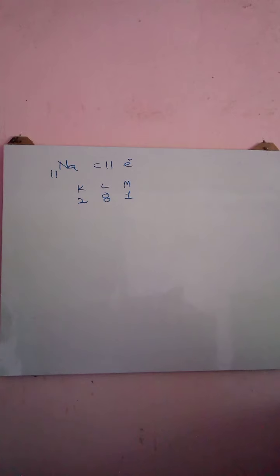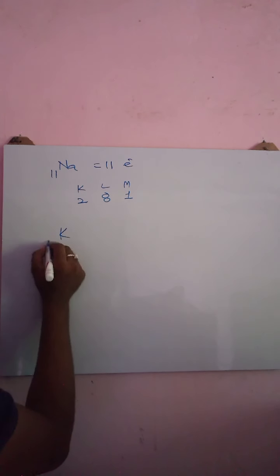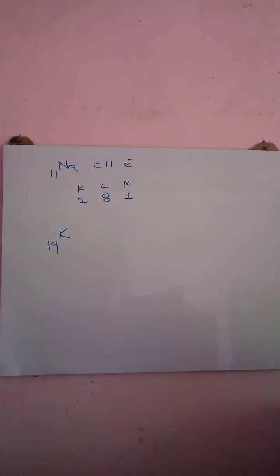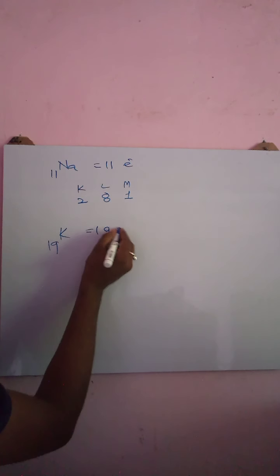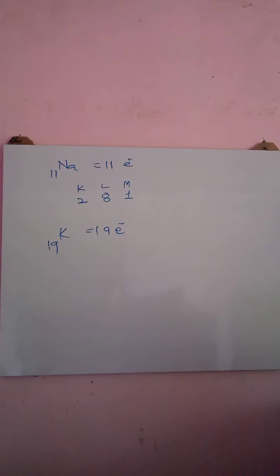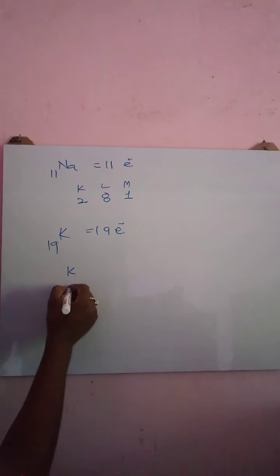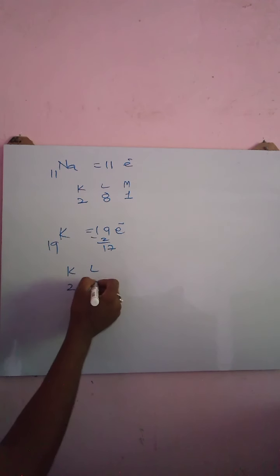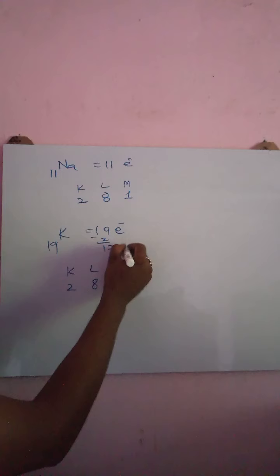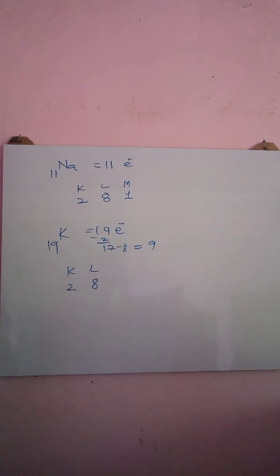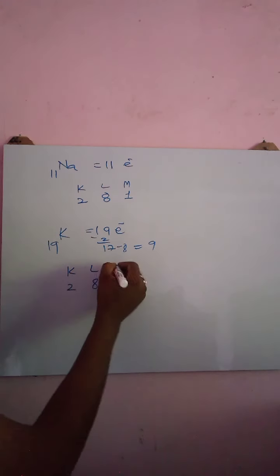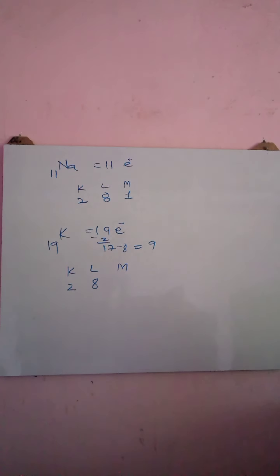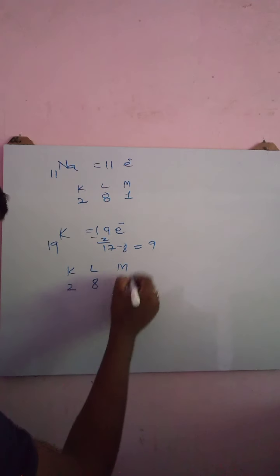Clear? Now come directly to potassium, atomic number 19. 19 electrons are present in total in the potassium atom. Clear? See, K shell capacity is 2 electrons. How much remaining? 17 electrons, 19 minus 2. L shell capacity is 8. 17 minus 8, how many electrons? 9 electrons are remaining. After that comes the M shell; the capacity of the M shell is 18 electrons. So easily we can fill 9 electrons here, right?